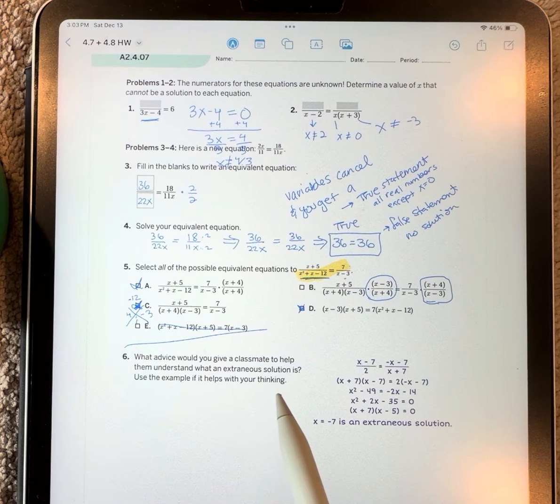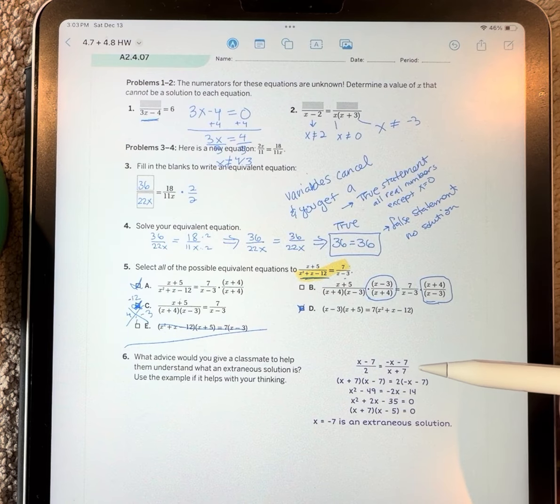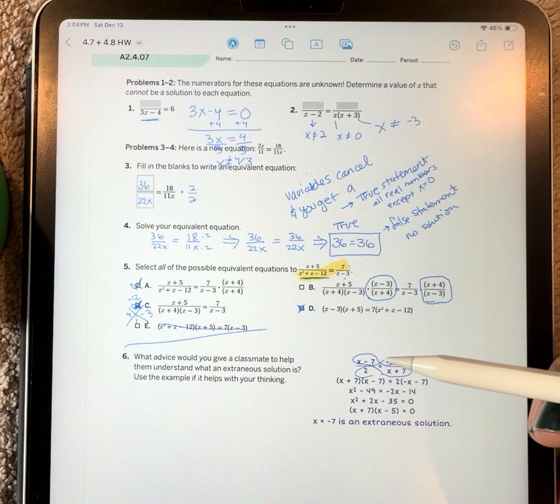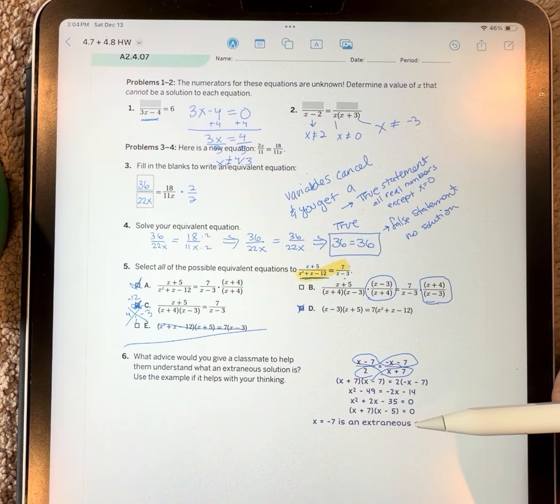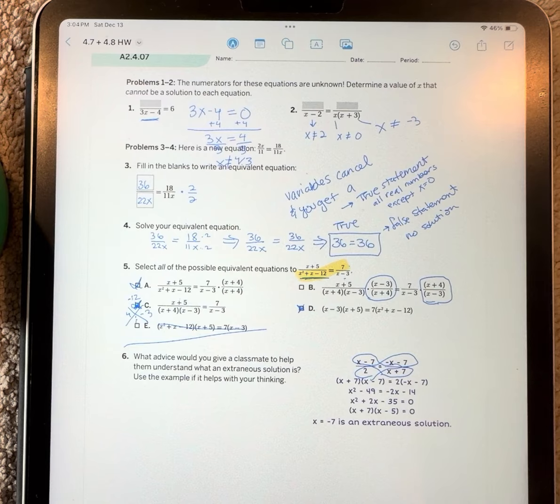Let's see what advice we'd give a classmate to help them understand what an extraneous solution is. So this student did this problem. Looks like they cross-multiplied. So this times this, and this times this. They multiplied through, they moved everything to one side. Then they factored what they got. And then they got,